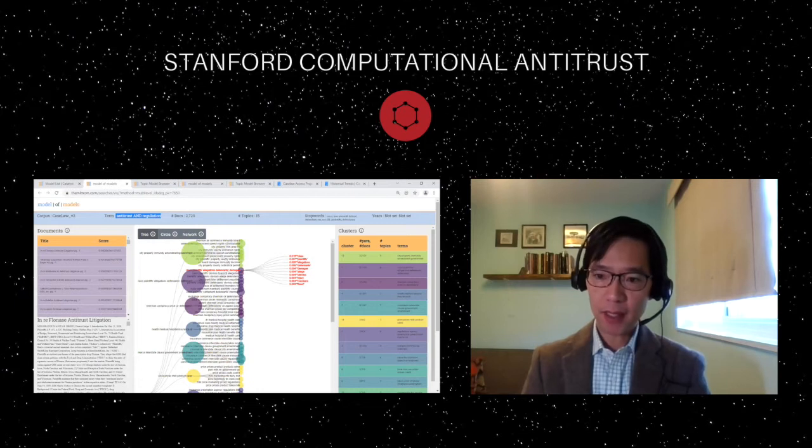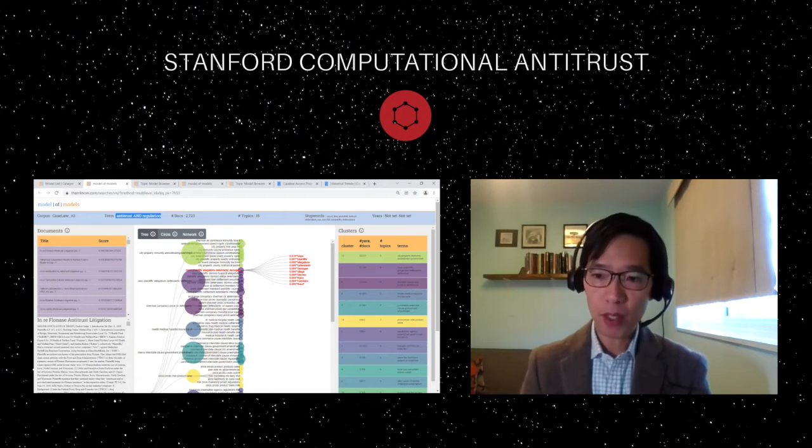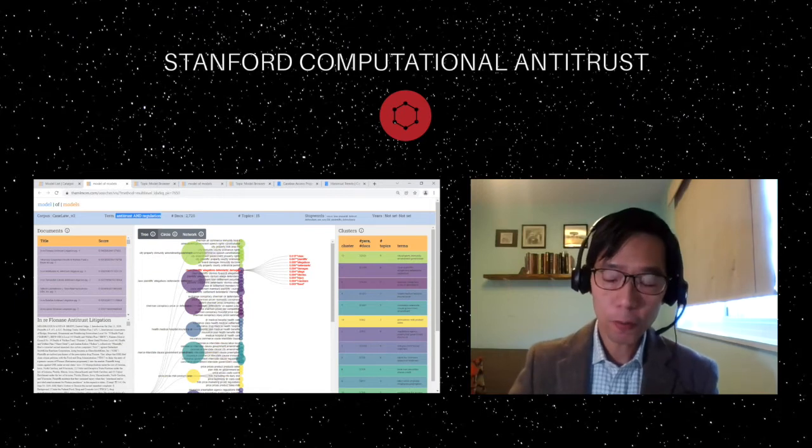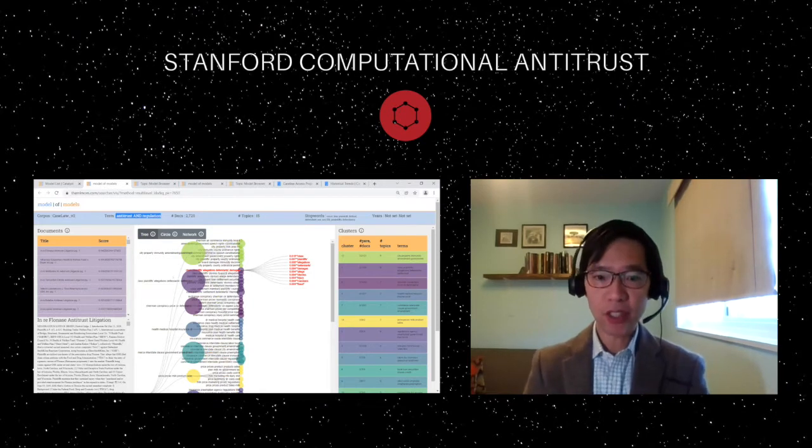They have the ability to get us cases where the words antitrust and regulation occur many more times in a case, so that they're not just random results. So you can see that the model of models view excels in really big picture visualizations of how this corpus breaks down.